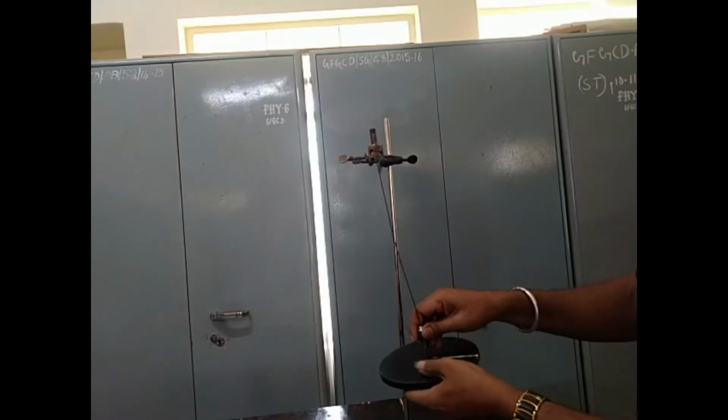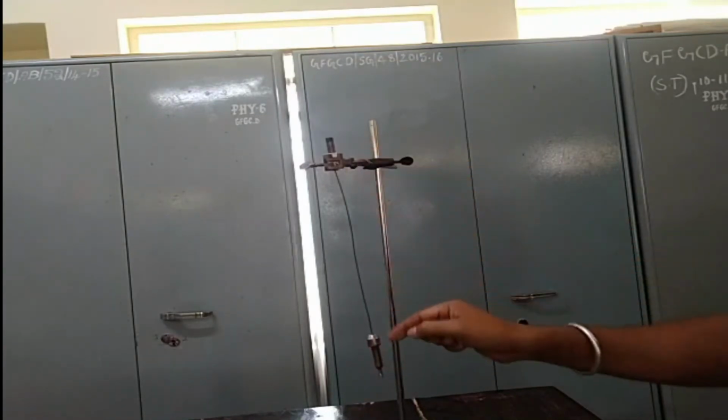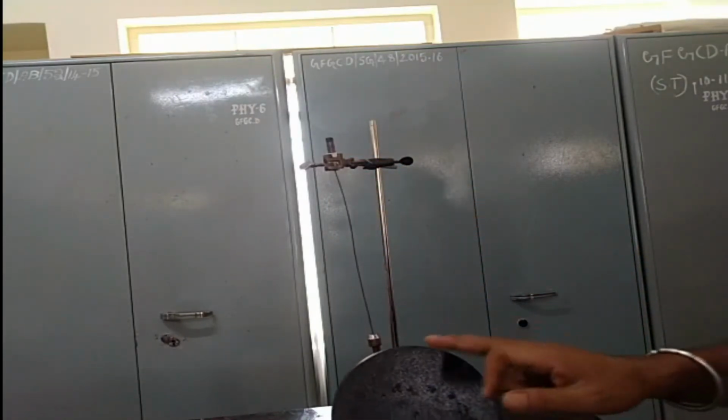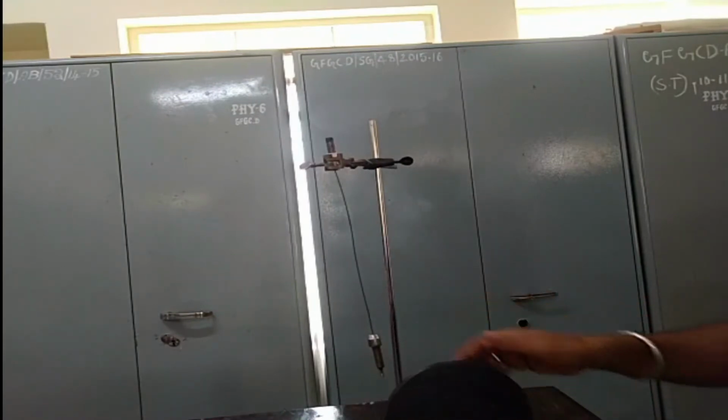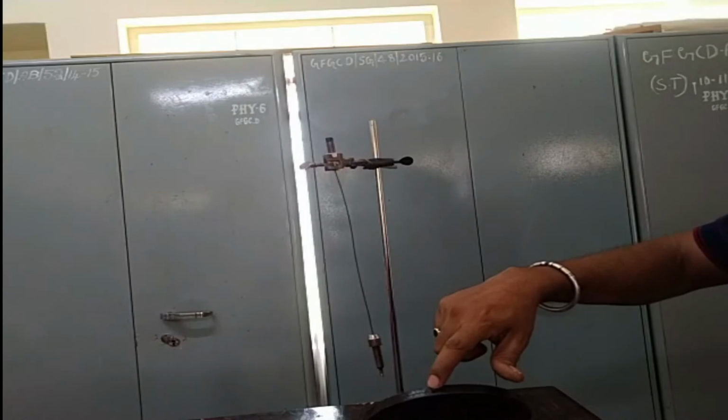Clear? Next, the second trial is with the same circular body. You have to remove the chuck nut. Now you have to repeat the experiment when the axis of rotation, that means this suspended steel wire acting as the axis of rotation, is parallel to the plane of the circular body. For that we have a hole here. You fix the chuck nut to this hole now.